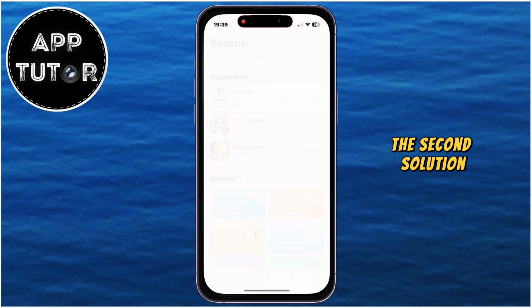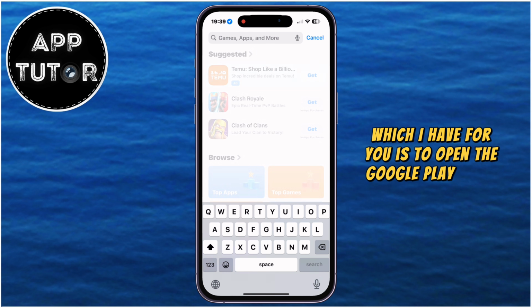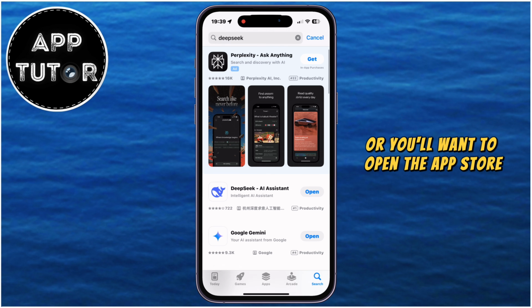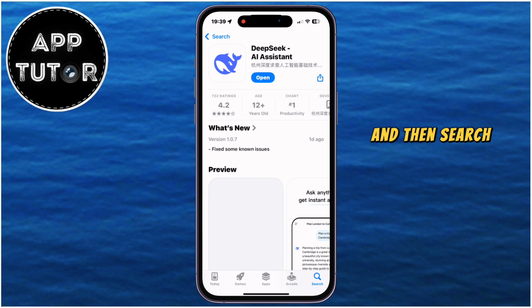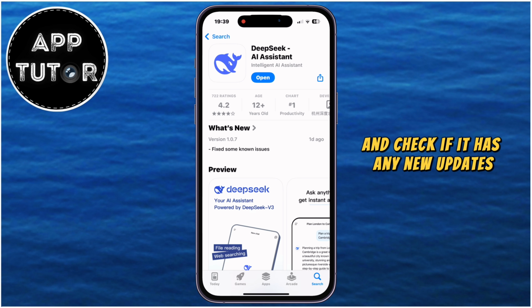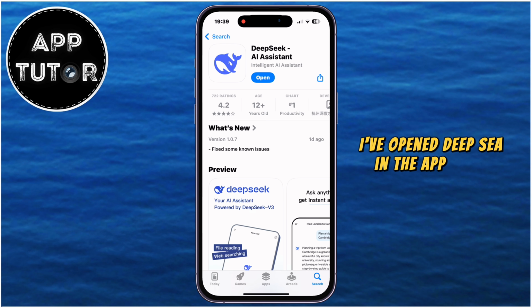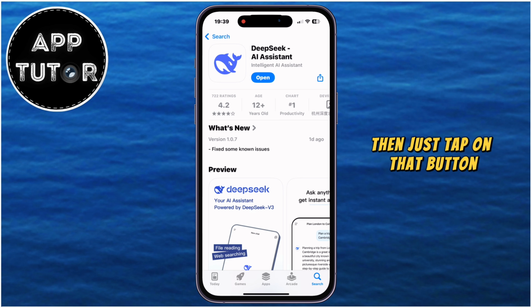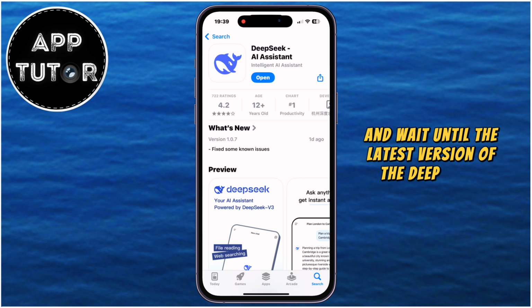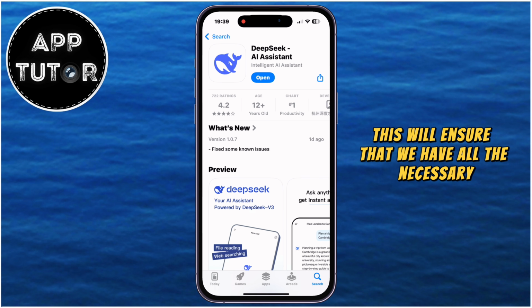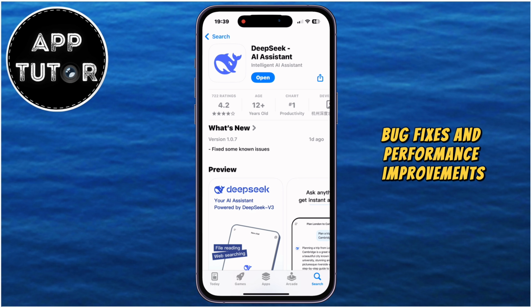The second solution which I have for you is to open the Google Play Store if you're on your Android device, or you'll want to open the App Store if you're an iOS user, and then search for the DeepSeek app in your store and check if it has any new updates. I've opened DeepSeek in the App Store, and if you see a little update option right here, then just tap on that button and wait until the latest version of the DeepSeek AI is downloaded and installed on your iPhone or Android device. This will ensure that we have all the necessary bug fixes and performance improvements, which should fix